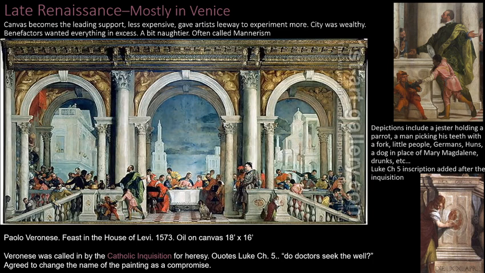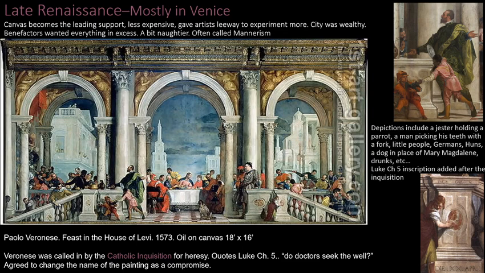You have people who are, and I don't know how they know this, but that are German, who are connected to the Huns. If you think of Attila the Hun, these are people who were considered outsiders that really didn't have any connection to the Bible at all, at least not to this particular story. And also were considered barbaric people that weren't, big air quotes, good enough to be in the presence of Christ.